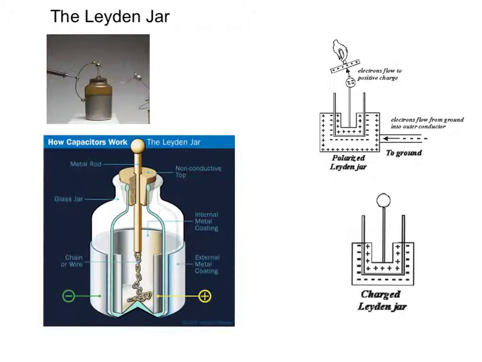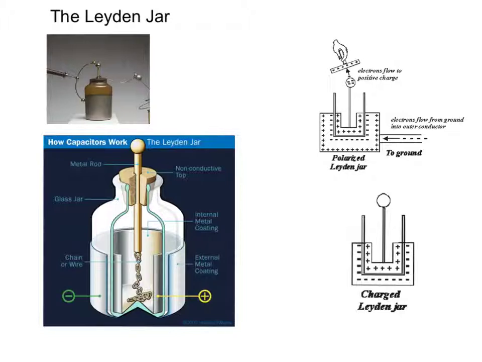You can easily make a Leyden jar by taking a plastic container, wrapping the inside and outside with foil, and putting some sort of metal rod, like a screw or a long nail, in there so that it touches the inside piece of foil. The key part of a Leyden jar is that you have to have two conductors separated by